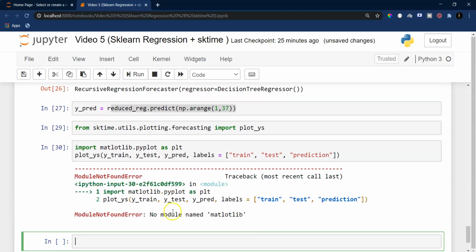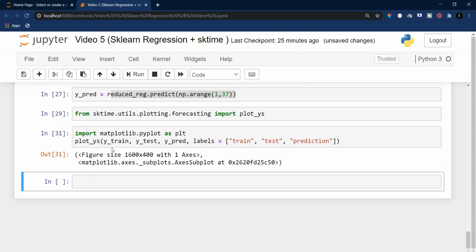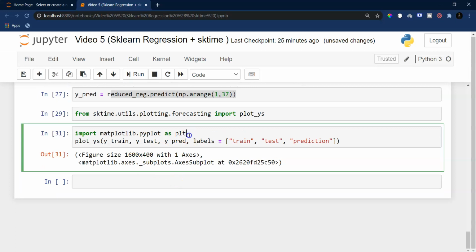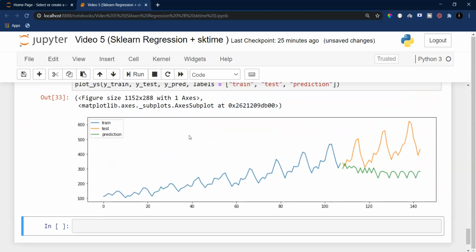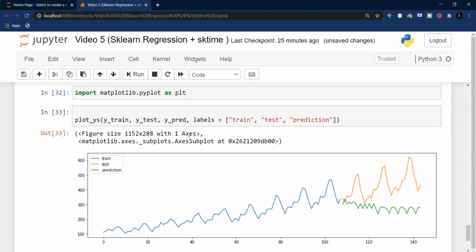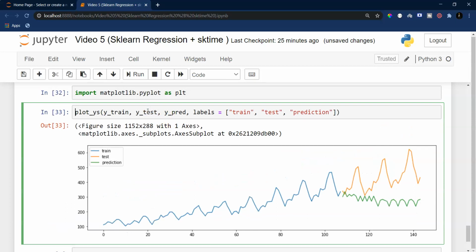If I hit enter, it is saying no module matplotlib. All right, I think I should do it in a separate cell. Yes, so now you can see the kind of performance that we are getting from plot_ys.